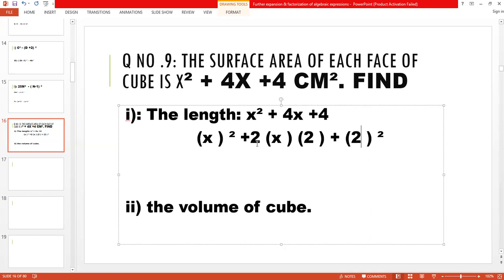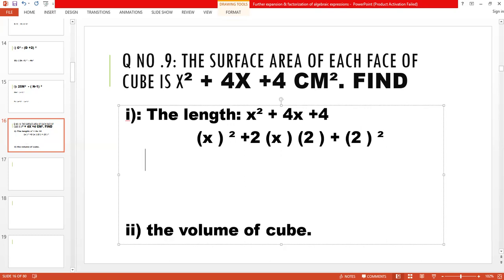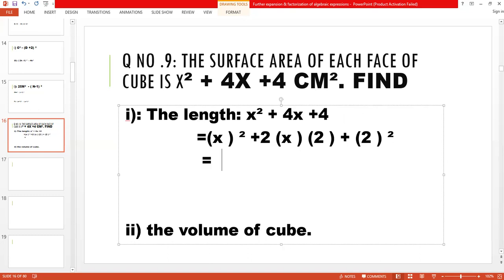Now look here: first term square plus 2, first term, second term, plus second term square. Now it is much easier. You just have to write which identity is given to you. Obviously, this one is the first identity, and in the first identity, always remember you have to put a plus sign in the center. So write first term plus second term. What is the first term? x. What is the second term? That is 2. And then you have to take its whole square. And all this is equal to the surface area. Clear? Surface area is equal to x plus 2 whole square.